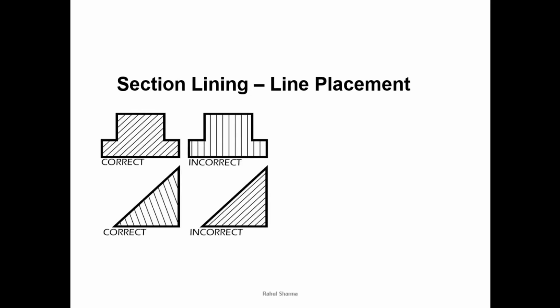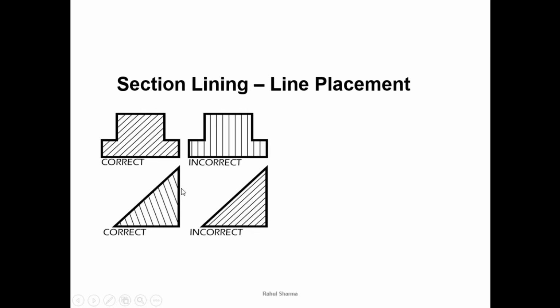Now you can see with these examples the incorrect and correct ways. In the first, it is absolutely having a 45-degree constant gap, everything as per the rules, but in the second it is not having 45, so this is incorrect. In the third, it is correct because we have taken the angle 60-degree. Why? Because its outer surface was having a 45 angle. You can see the fourth diagram has an outer 45, so that is why we are not making it parallel to that, and we prefer to take 60-degree. We draw the hatch lines like this.